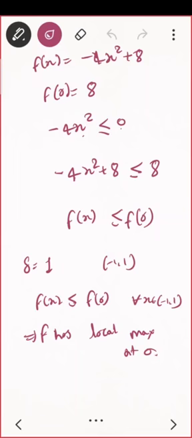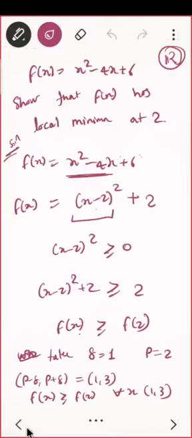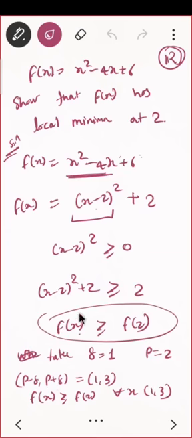This is global minima, isn't it? Do you see in this case it is global minima? Why? Because whatever you wrote here, that is f of x is greater than or equal to f of 2, this is true for all x. Do you agree? This is not true only in the interval 1 and 3. This is actually a global minima only. This point 2 is global minima only. Do you know why?